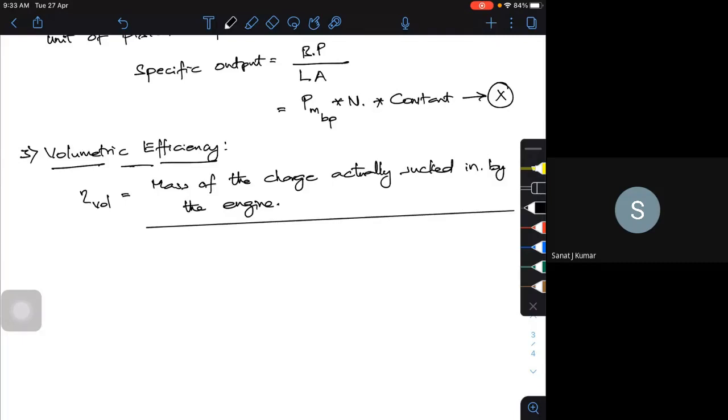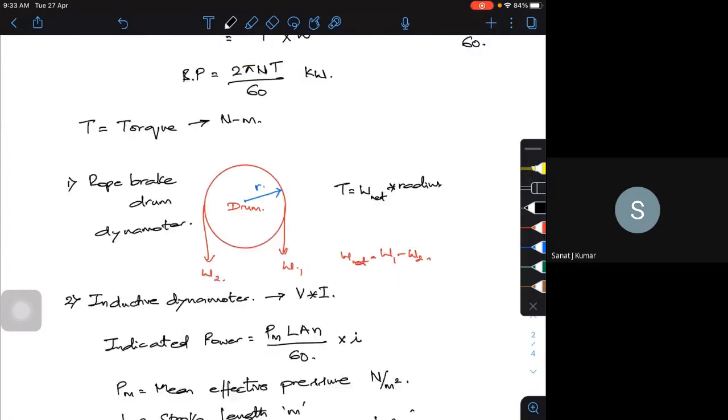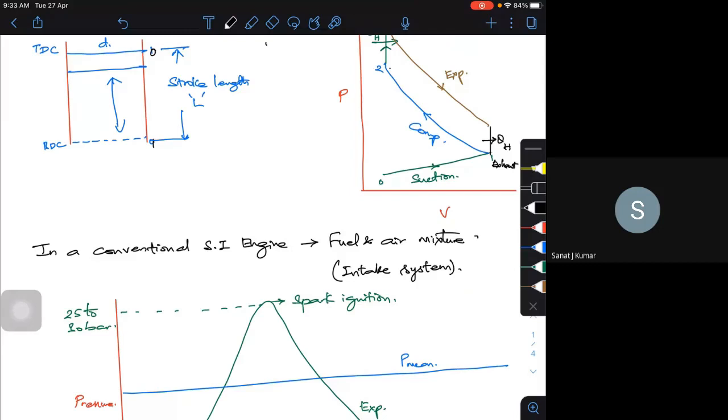There is something called the cylinder intake pressure. If you go back and look at this particular PV diagram, this is your P and T. I have the capacity to suck more air, at a pressure slightly below atmospheric. But actually, the sucking is happening at this particular point 1, when it should have happened at point 0. If I would have sucked the air at a lower pressure, the volume of air or fuel-air mixture that has gone into the cylinder would have been more